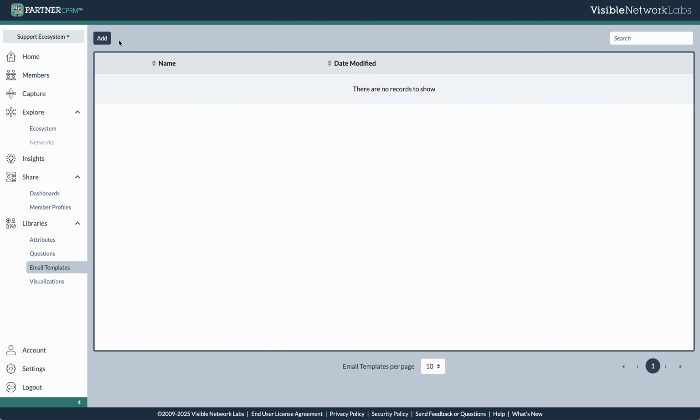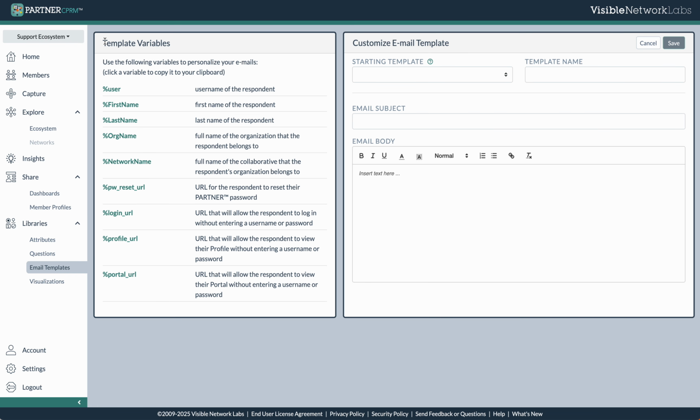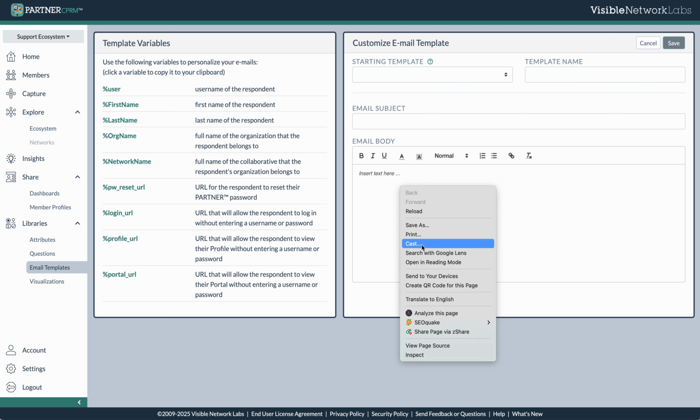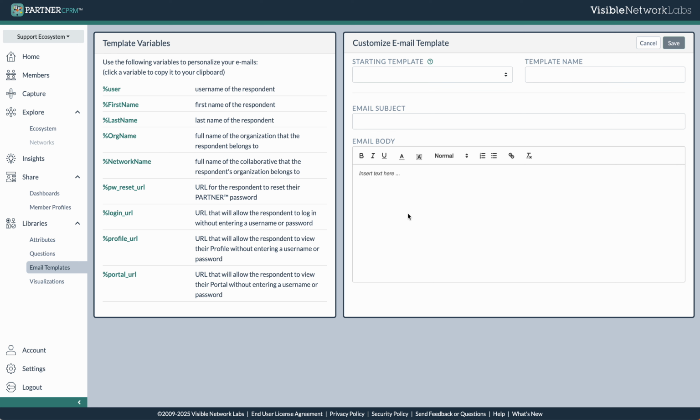So to create our first email template, we're going to hit the add button here, which will pull up the email builder. And so on the left side, you're going to see a list of template variables. These are great for customizing and personalizing your emails for each respondent you're sending it to. So just use these. You can actually click it to copy it. And then right over here, we can use our Command V, and you'll see it'll do the pasting for you automatically,